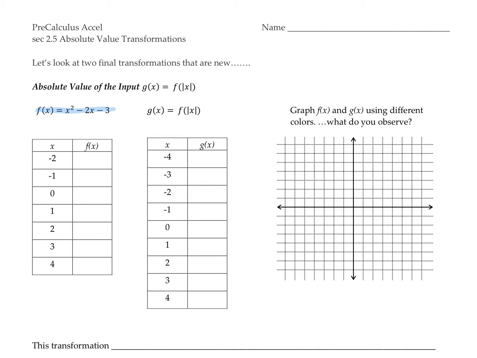So if I were to substitute in -2, it would be -2 squared minus 2 times -2 minus 3, I would have 4 plus 4 is 8 minus 3 is 5. So I'm going to do this for all the numbers. If I sub in -1, I get 0. Sub in 0, I get -3. Sub in 1, I get -4, and so on and so forth. So now if I graph this function: -2, 5, -1, 0, 0, -3, 1, -4,